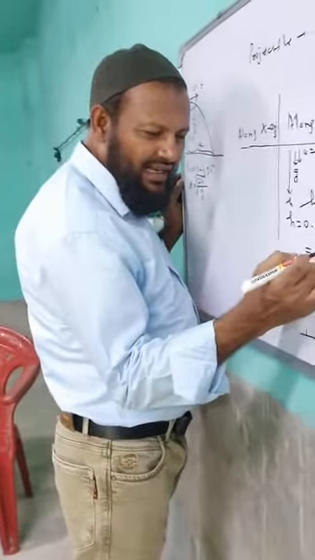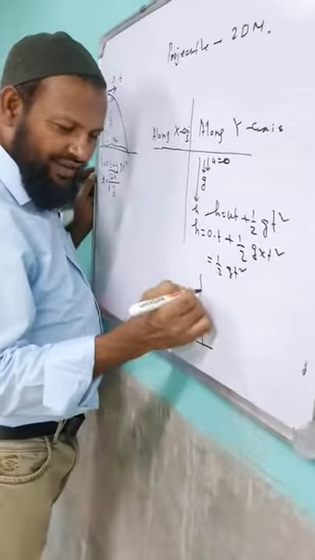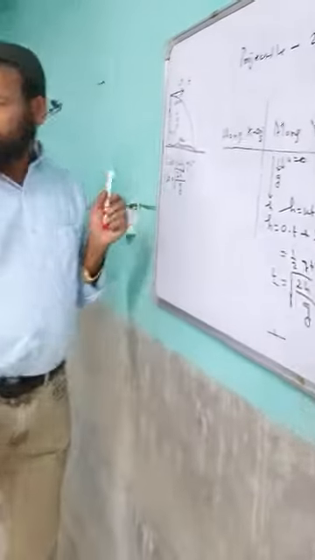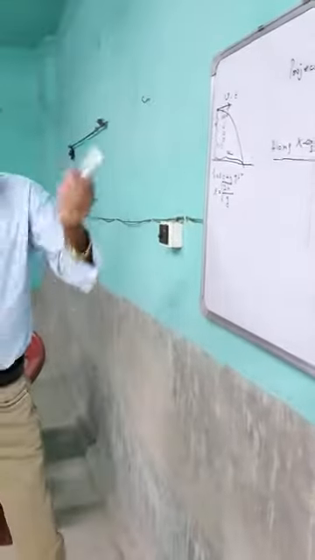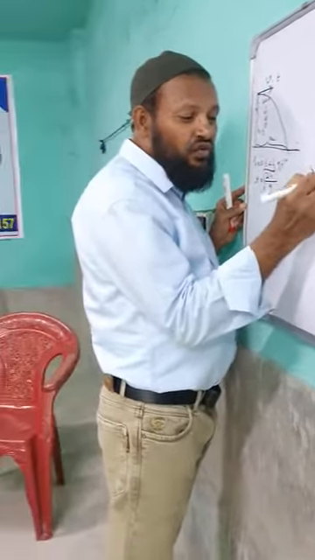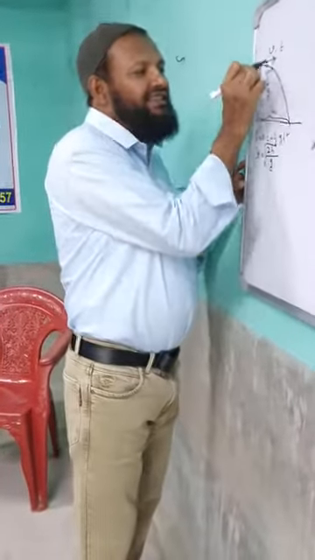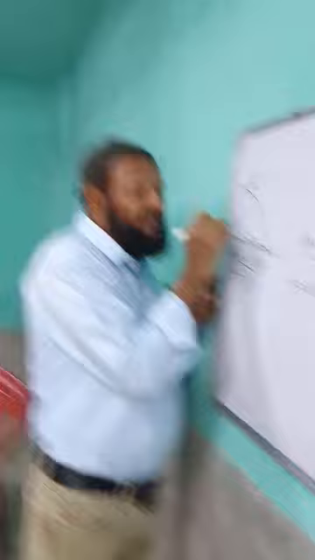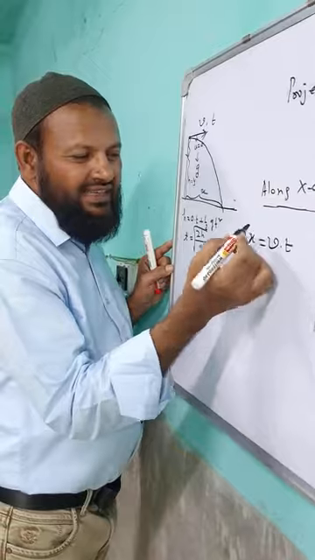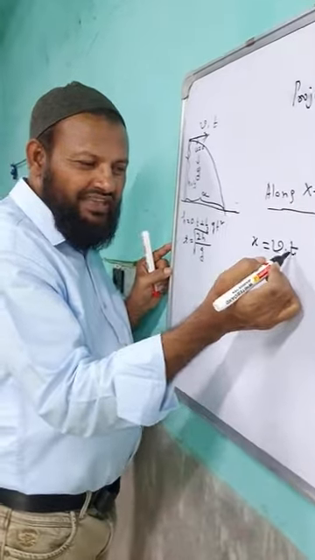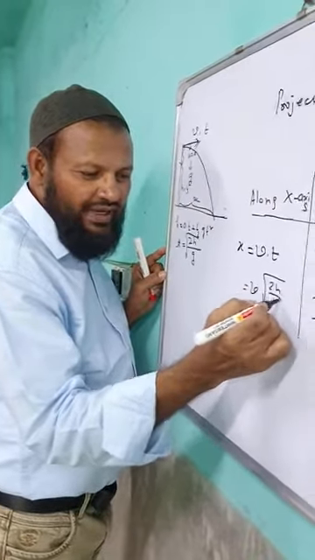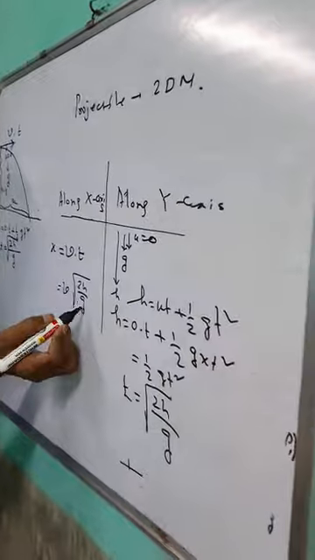So from here, half g t square. So what is t? t equal to root of 2h by g. And along x-axis, what is that? Along x-axis, here x equal to v into t. In this direction, one thing is important. Along y-axis, time is t. Along x-axis, time is t. In this direction, x equal to vt. Please take this t. What is t? t equal to root of 2h by g. This is known, and this is known.